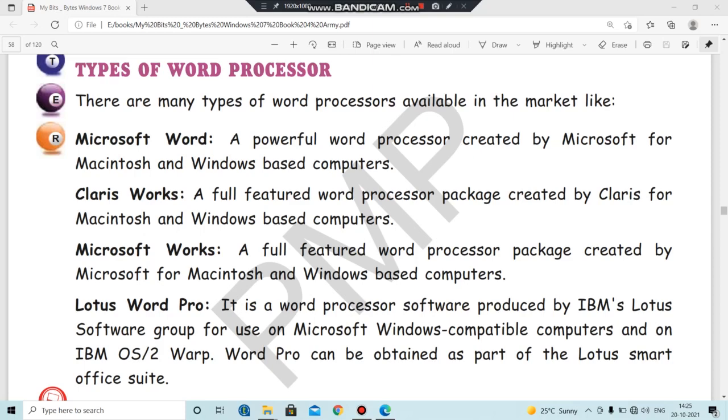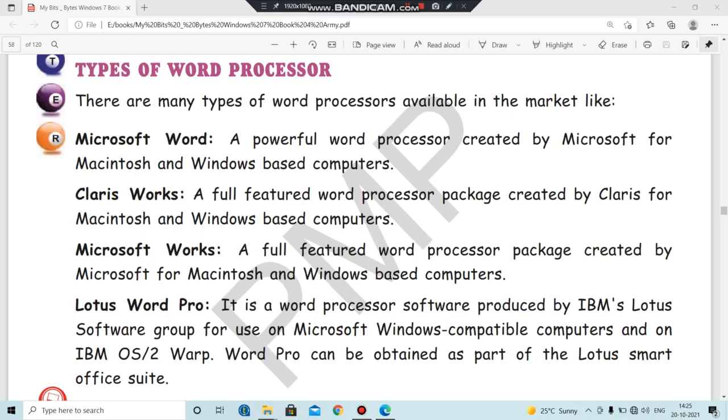So this Microsoft Works is also one of the word processors that is created by Microsoft only. Microsoft Word is also created by Microsoft, and Microsoft Works. The first one is the Word, the second one is the Works. So like Microsoft Word, Microsoft Works is also created by Microsoft.